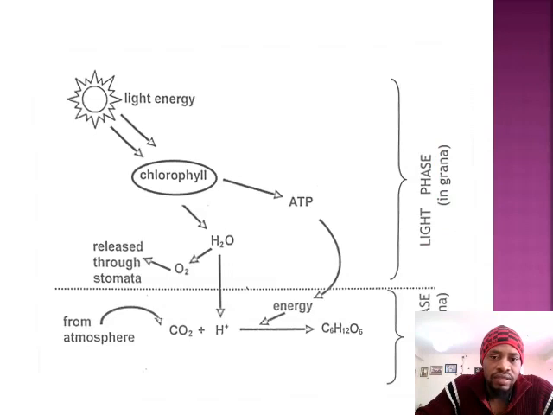When light is present, chlorophyll. Where do we find the chlorophyll? We find chlorophyll inside the thylakoids of the granum. Otherwise, generally speaking, we find chlorophyll inside the granum of the chloroplast. Chlorophyll will trap light. In that sense, it traps radiant energy. Otherwise, it traps energy. That's why we have here light energy. So the chlorophyll traps that light energy. And what is it going to do? It's going to use that light energy.